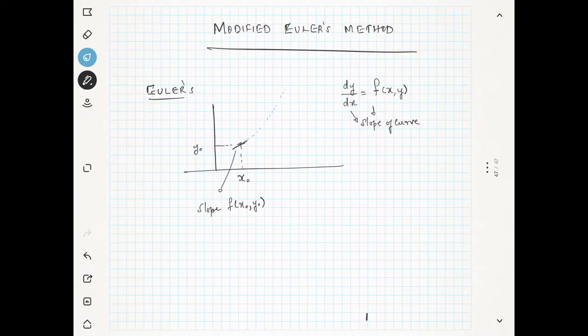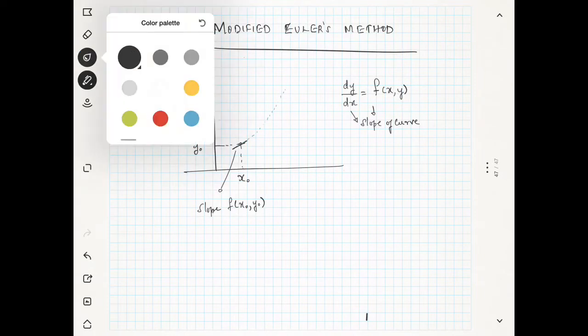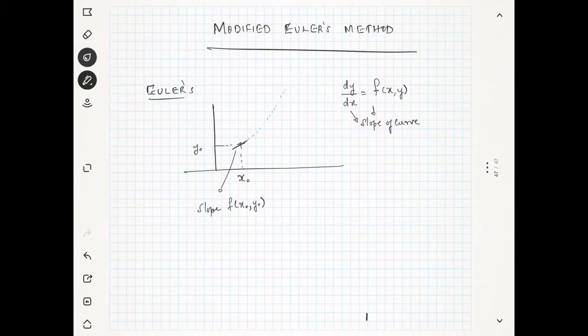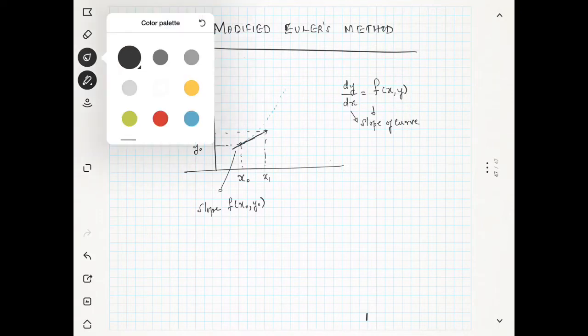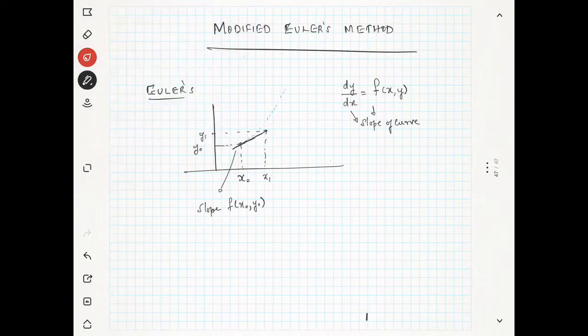Whatever we have approximated will give you some point somewhere here, and this may be your x1, and according to that you will be calculating y1. But the actual y1 is somewhere here, because according to this x1, this is the actual y1. So you can see that there is some error